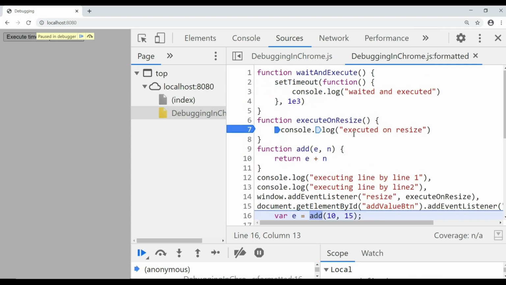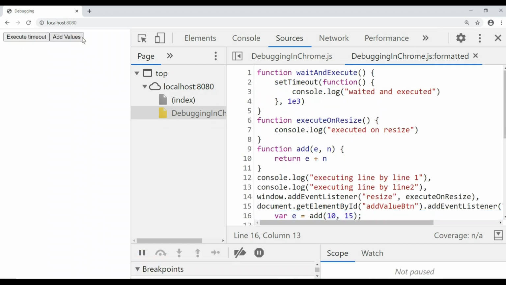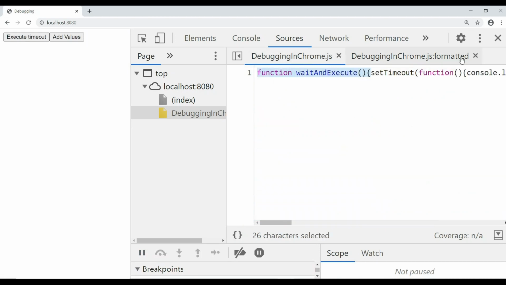But the problem with this approach is that whenever, let's say, your minified file is very big, and most of the time it will happen because all the files of your project will be combined in one minified file, whether you are using a builder like Webpack or any other builder. Most probably all your JS code will be in one minified file, so it will be very big, so it is very difficult to debug it.